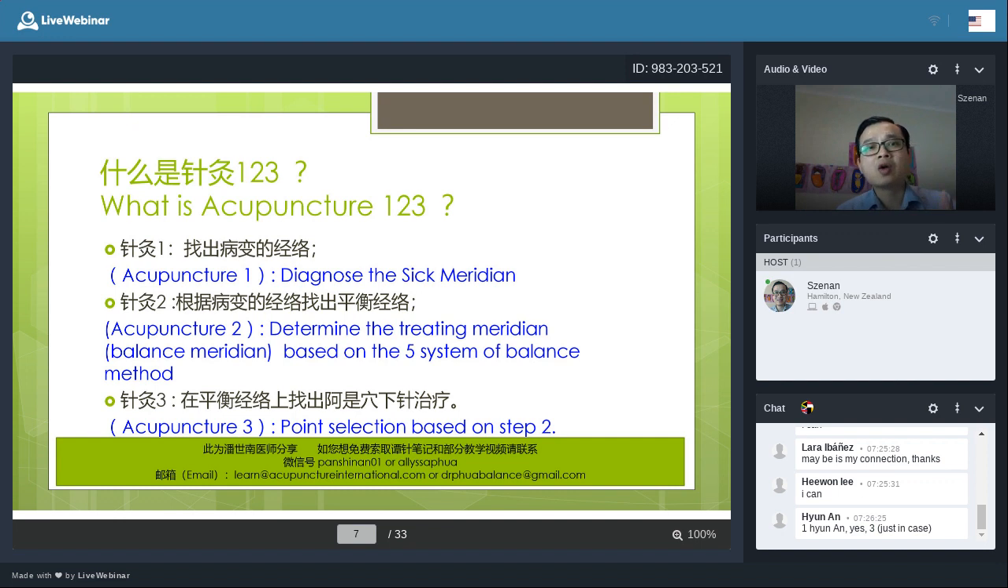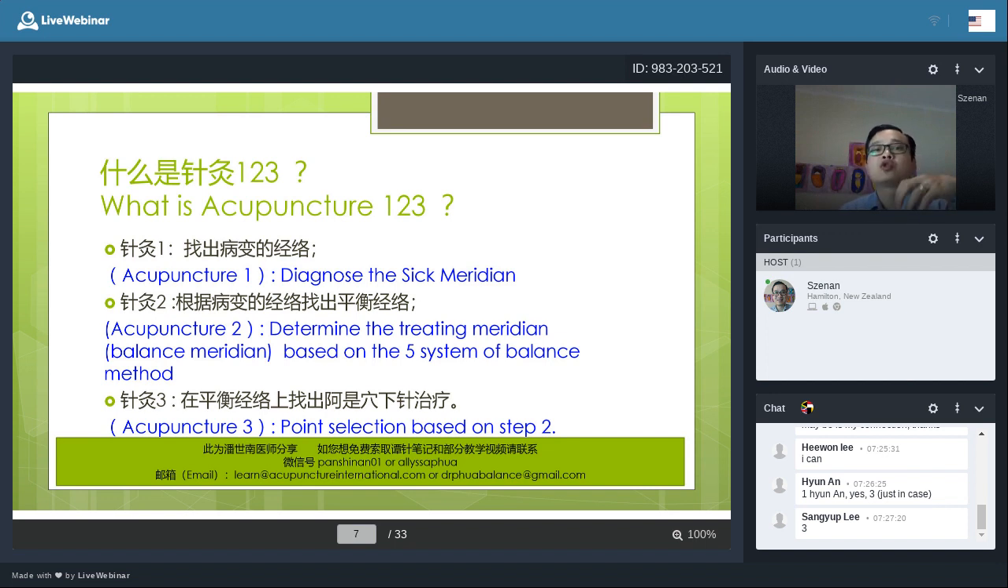You're going to ask, where is the pain? The first question. Why do you want to ask this? Because you want to find out where the meridian is. You see, this acupuncture model has a lot of meridian pathways on it. And all your diagnosis of the sick meridian is your step 1, acupuncture 1. Acupuncture 1 is diagnose the sick meridian. Then acupuncture 2, step 2,